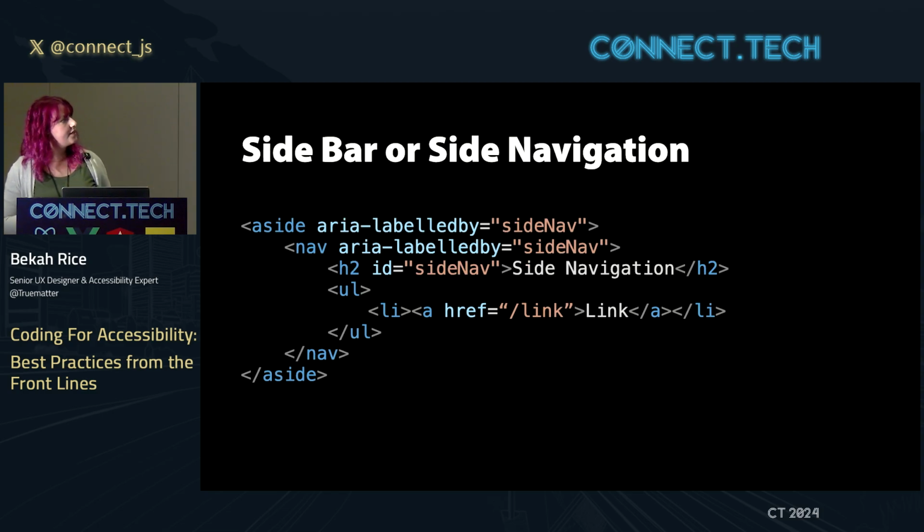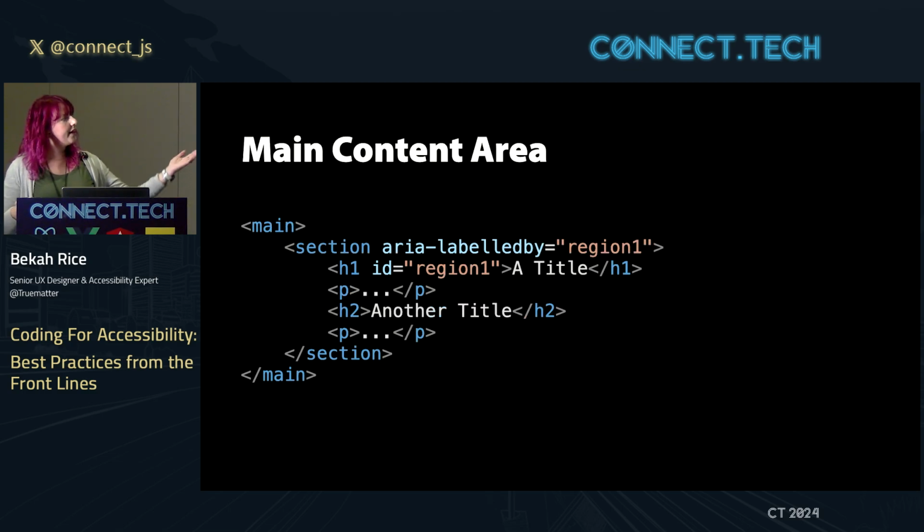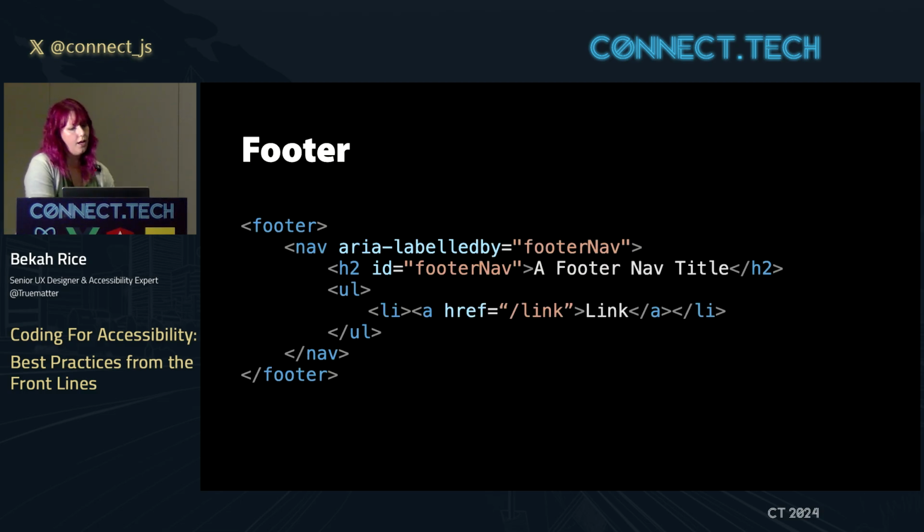Another way that we could do this is if I have side nav, I could use the aside element. And for my main content area, I'd use the main element. That would be expected. And there are many ways you can do this without actually using HTML5 elements. You could use ARIA labels all over it. That's very common. With any given issue or problem we face, there are many ways to do it. Last one is the footer. I think we've all kind of seen that. These are, I think, the most basic examples of should do.